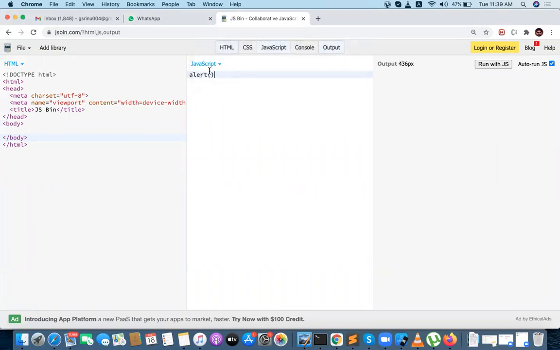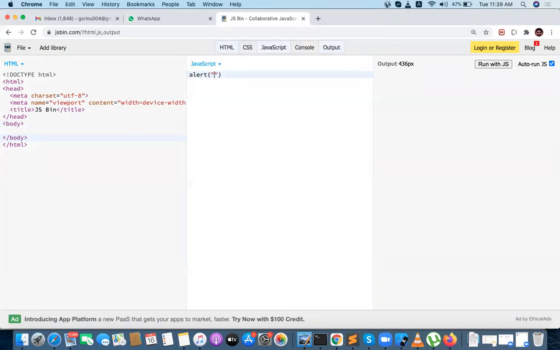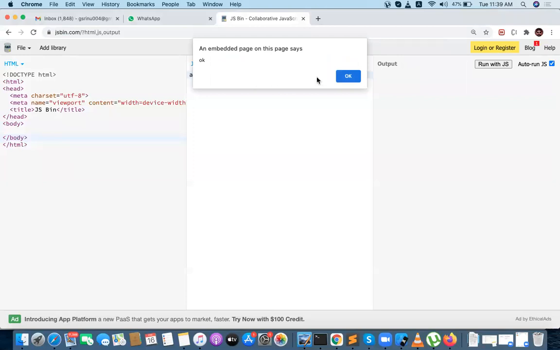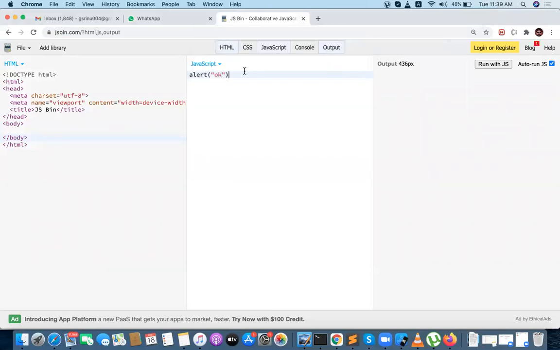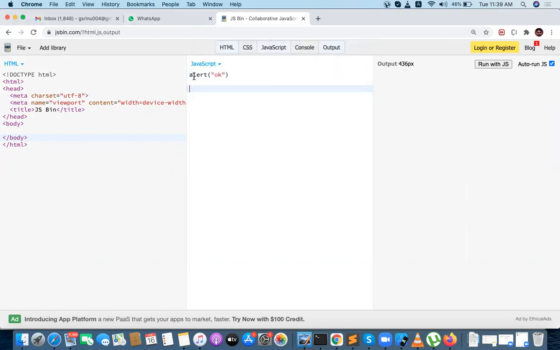If you want to show something, like this. What is the output for alert now? Okay, I want to show something like console.log. You can show console.log also, and document.write.